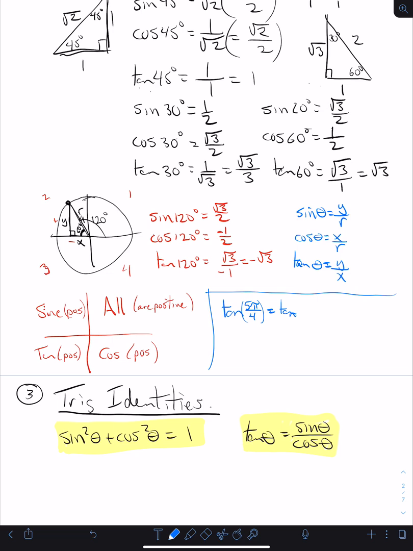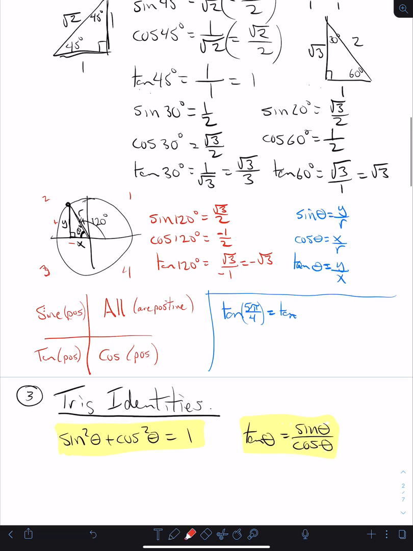The way I do it quickly though is I know that pi over 4 is 45. So anything that's over 4 is a multiple of 45. Anything over 3 is a multiple of 60 degrees, and anything over 6 is a multiple of 30 degrees, because pi over 6 is 30, pi over 3 is 60. So I can convert these fairly quickly because, for example,